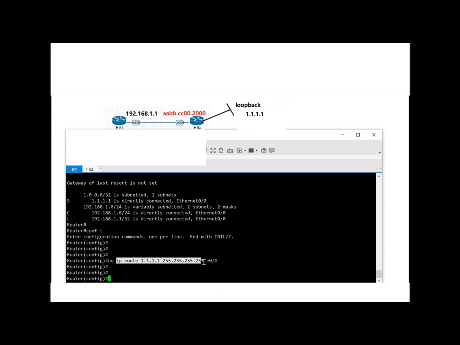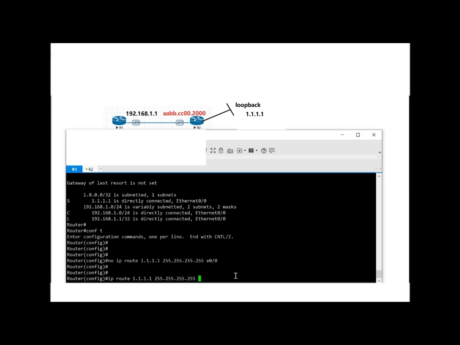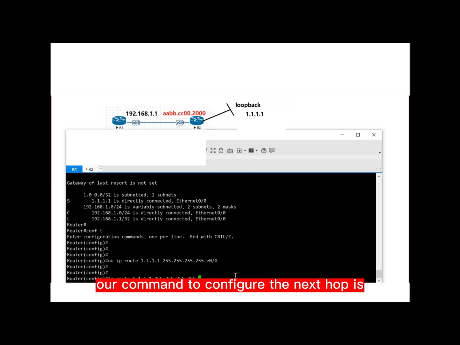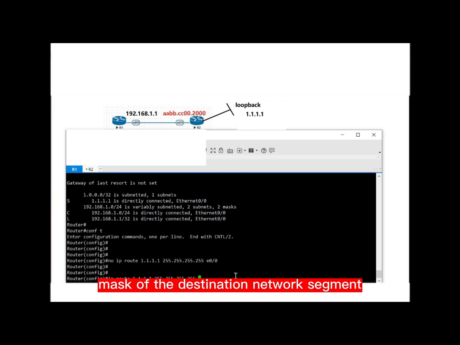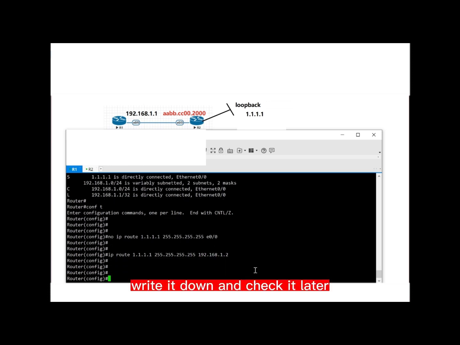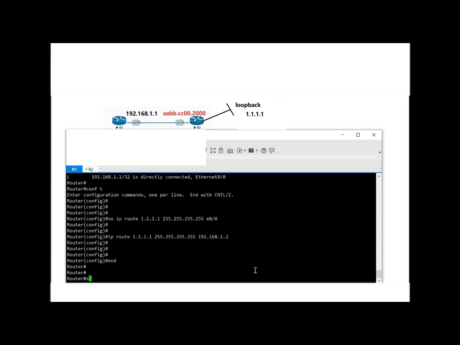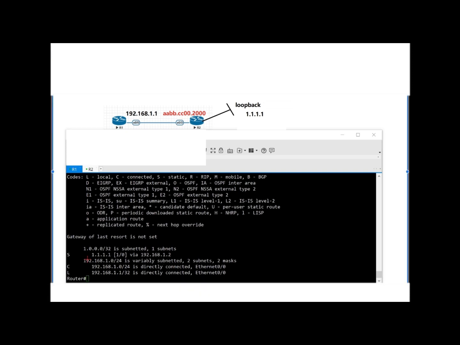Copy the previous one, except this part. We directly write the next hop. In Cisco, the command to configure the next hop is the destination segment, the mask of the destination network segment, plus the IP of the next hop. Just write 192.168.1.2. Write it down and check it later. I now ask you a question. You see I'm in this routing table. Write a route to 1.1. The next hop